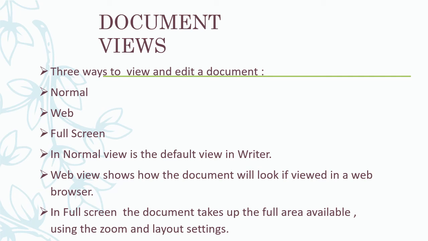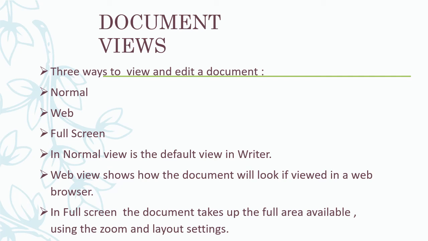The first one is normal view, the second one is web view, and the third one is full screen view. These are the three different views used to create or edit the document.